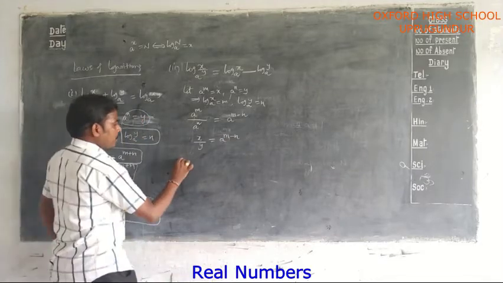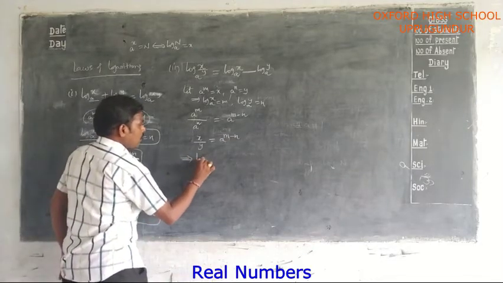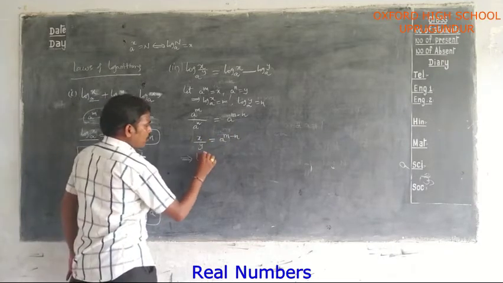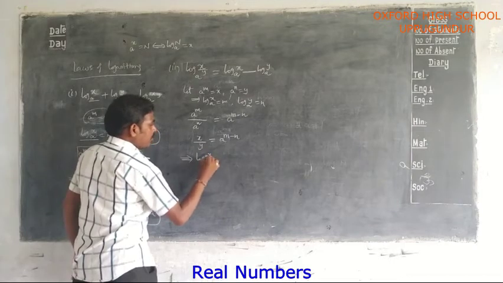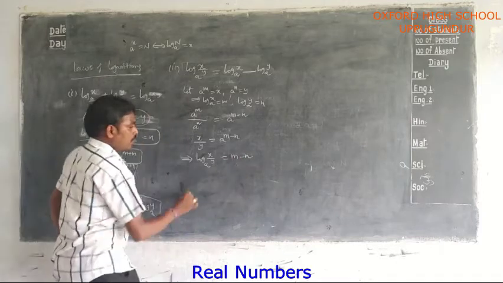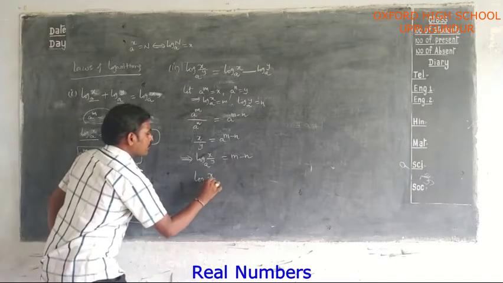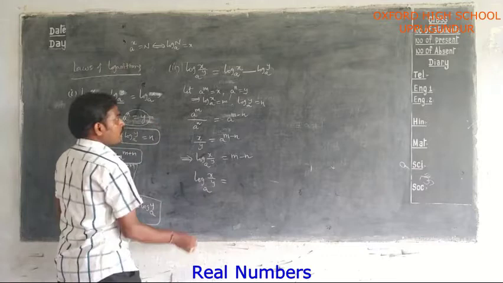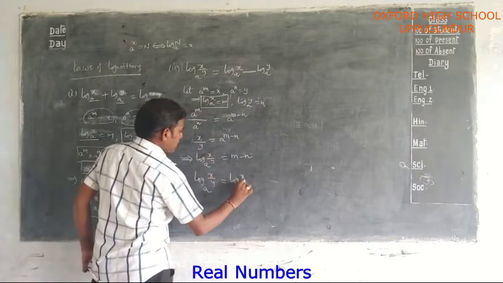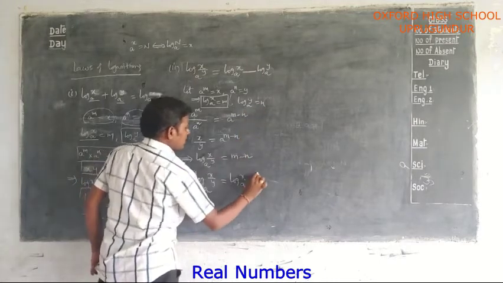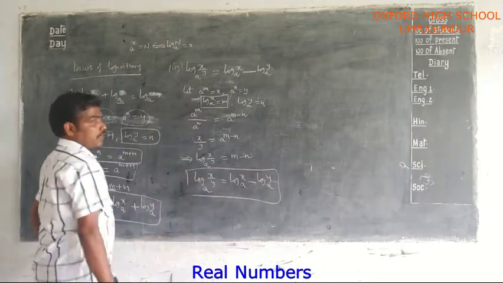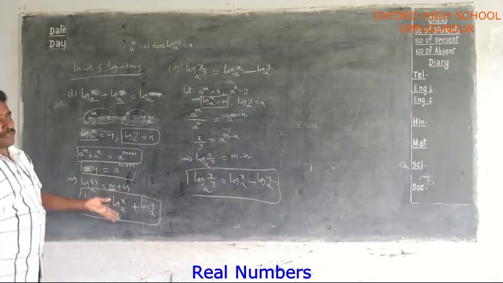For this, what is the logarithmic form? This is in the form of a power x equal to b, so log b. What is b? x by y base a equal to m minus n. So log x by y base a equal to what is m value? Log x base a, minus n value is log y base a. This is the second law of logarithm. So similarly you can prove the remaining laws also.